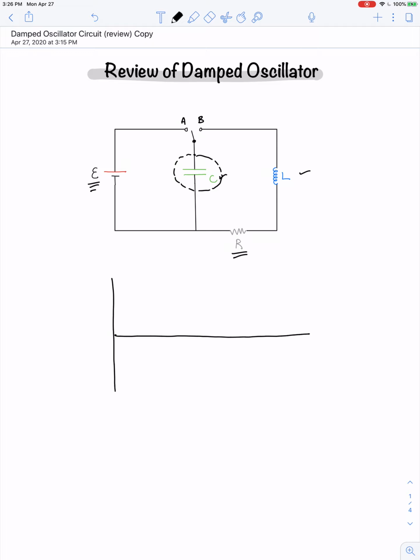And so the end result, if we were to graph the current that flows in the circuit versus time, it would oscillate and eventually fade away and decay to nothing. The bounds of the maximum and minimum are decaying away in time, but you can see this oscillatory behavior. Okay, well,